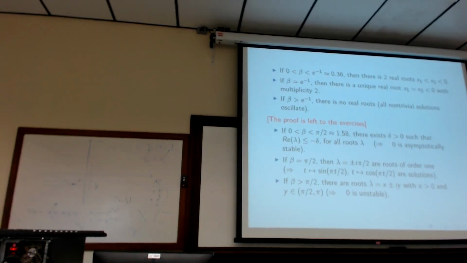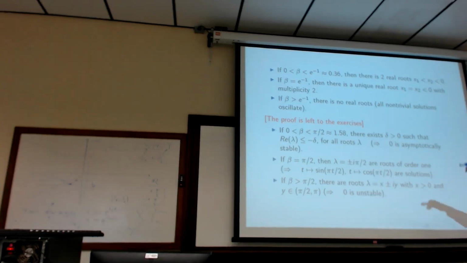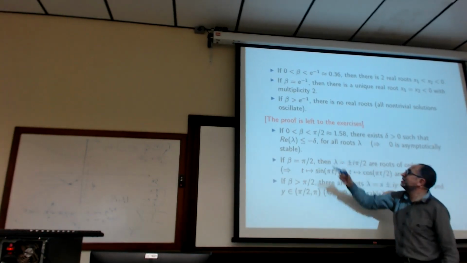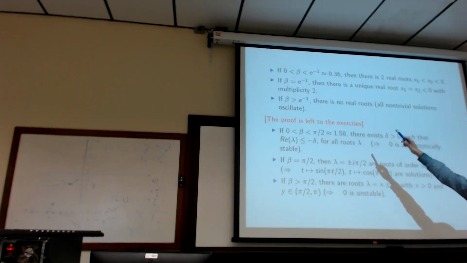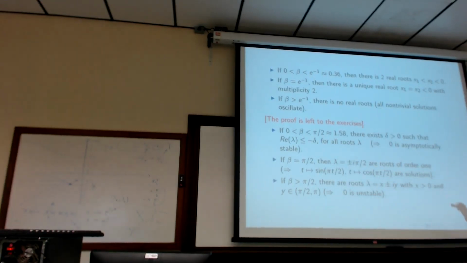If beta is greater than 1 over e, then all non-trivial solutions oscillate. I already did that; it's very easy to prove. Now we will go further. Because we stopped between 0 and 1 over e, now we go until this threshold. In that case, we can prove that there exists, I will prove it after,